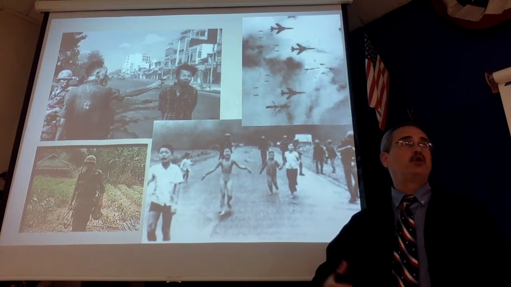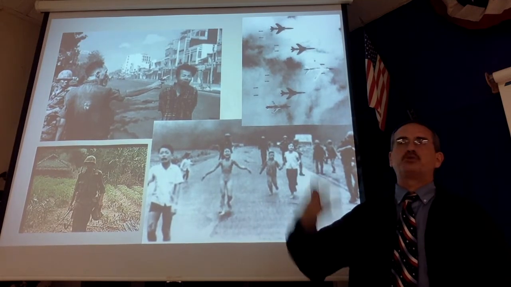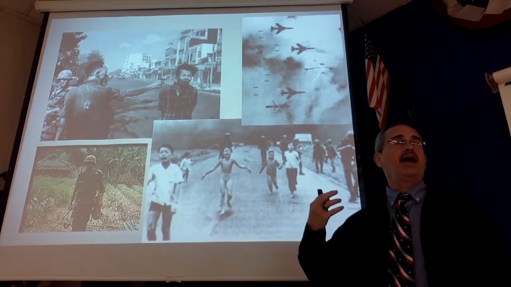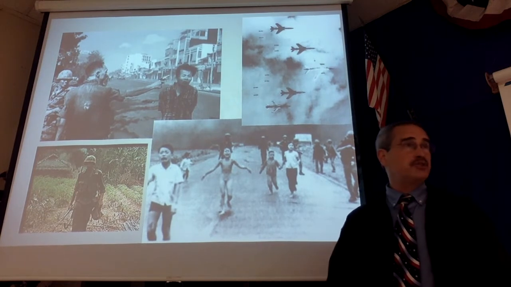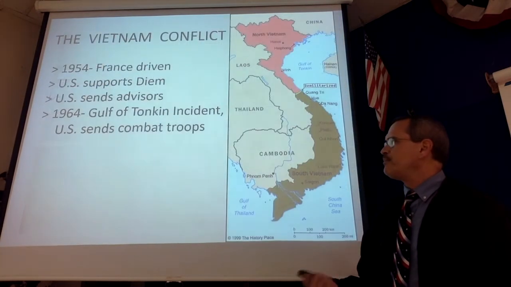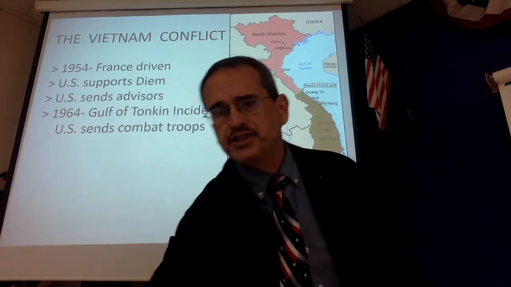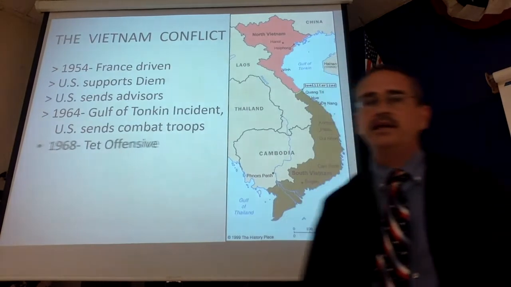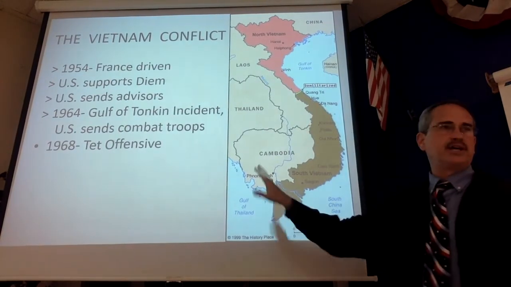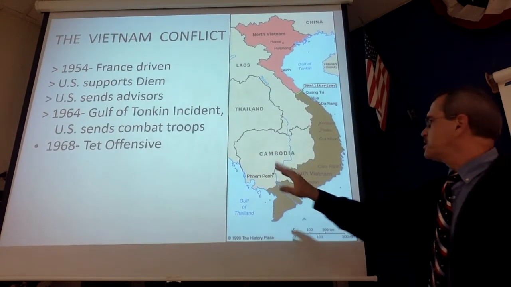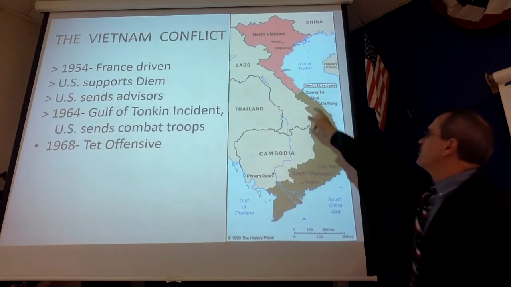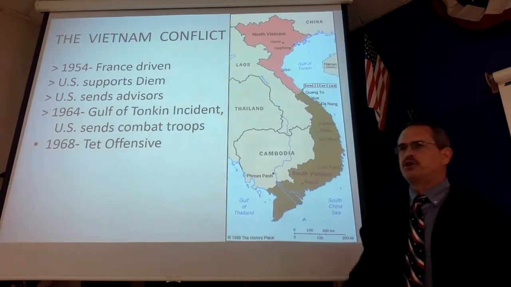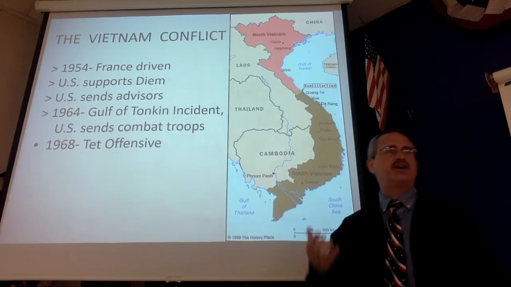Our young people who are graduating high school and being drafted and sent off to war are starting to protest, many of them, and question the war and question the morality of this war. And in the midst of all that, as people start to question it, in 1968, suddenly the whole map blows up in one day. See, we're told that this whole region down here, well, there's some fighting along the border and some fighting way back here in the back country, but the cities are secure. We're winning the war. We're crushing the Viet Cong.